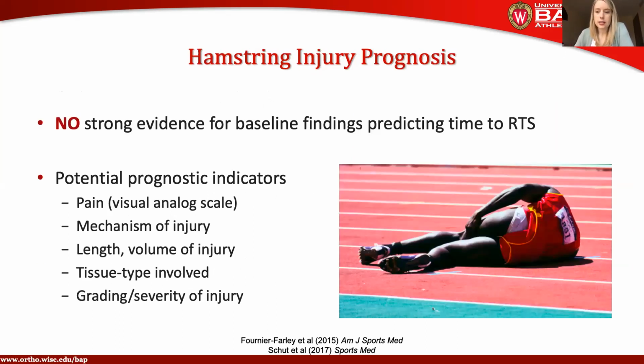So to kind of get us started, no surprise here, Ryan already addressed this early on, but there really is limited strong evidence to predict the time of return to sport based on those time of injury findings. So a couple prognostic factors or indicators that are discussed that may be potential areas are pain,